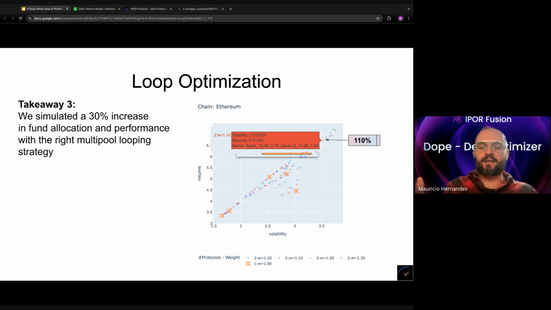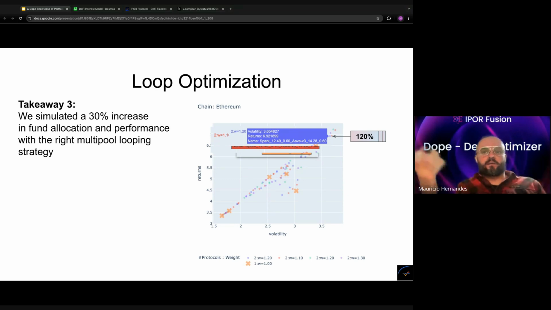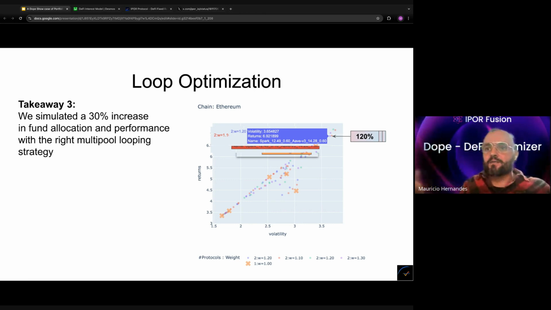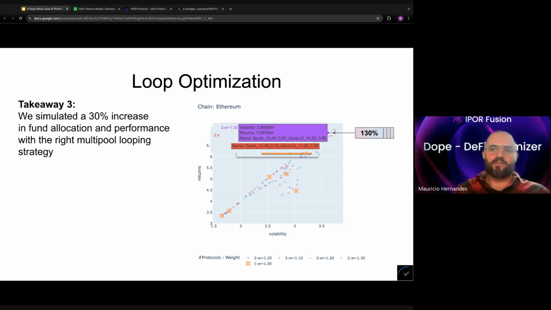Now imagine again, somebody else comes to you and says, hey buddy, I've got yet another million. Can you allocate it in your strategy? And what you could do is, okay, sure, let me now distribute in a different way between Spark and Aave. And this would give better returns while also accepting more capital. But you wouldn't get here with only 100, right? So you need more capital to get to that level. And again, you could do that with a third million, and then you would allocate with a different